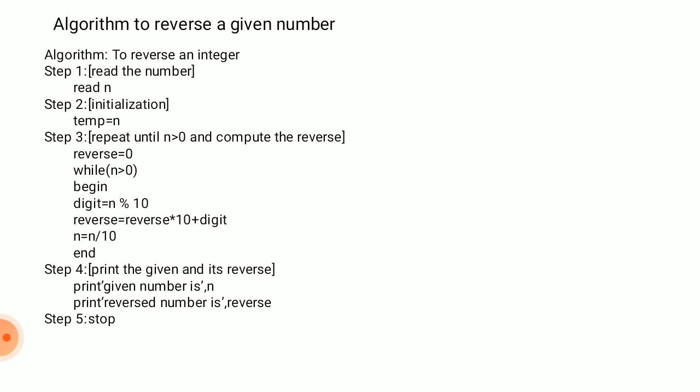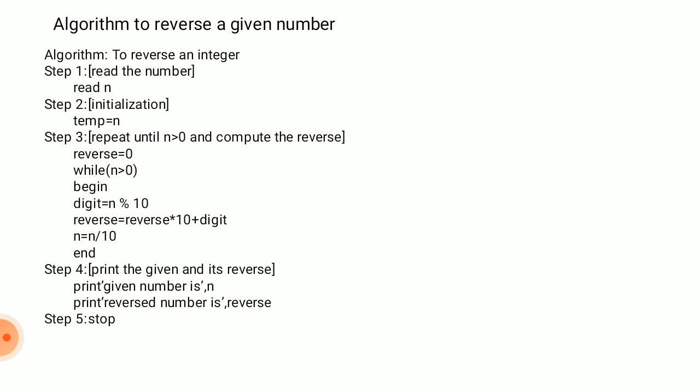Here see the difference between the modulus and division operators. Both are arithmetic operators. We will discuss the operators later in the further units. So the percent symbol is used to find the remainder, and the division symbol is used to find the quotient.